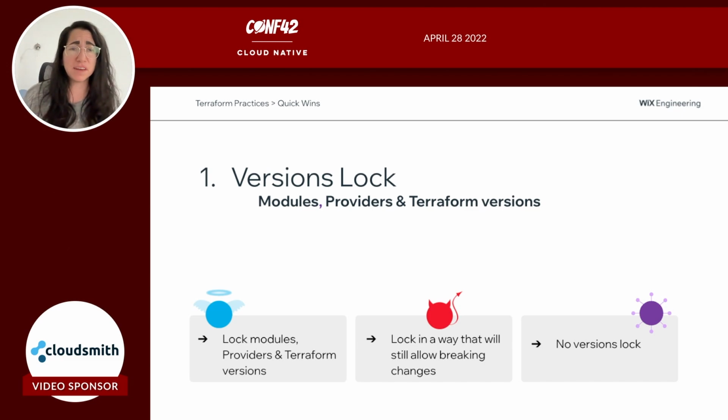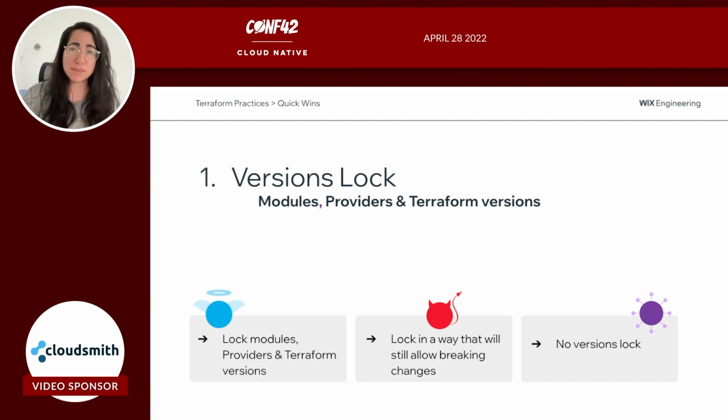So the good thing here is to always lock the versions of the modules, providers, and Terraform. The bad thing is to lock in a way that will still allow breaking changes to break through. So you have version constraints. If you lock the version to the latest of major X until breaking changes get introduced, then that's fine, because little changes get applied and no breaking changes will get through.